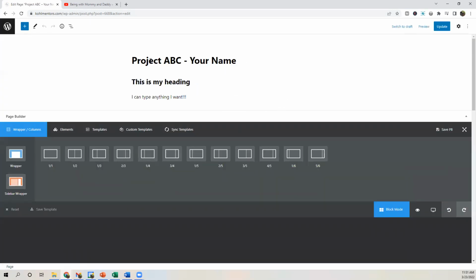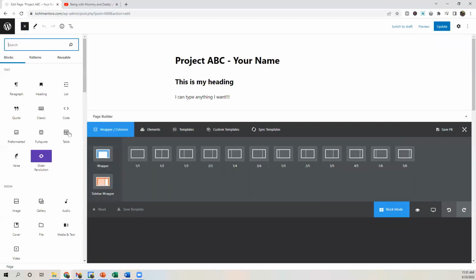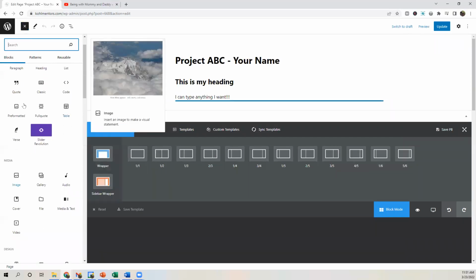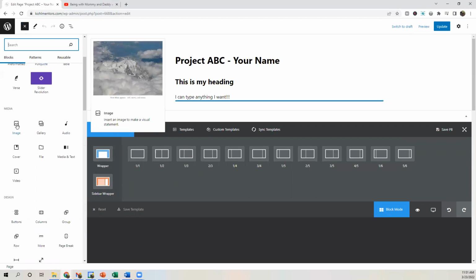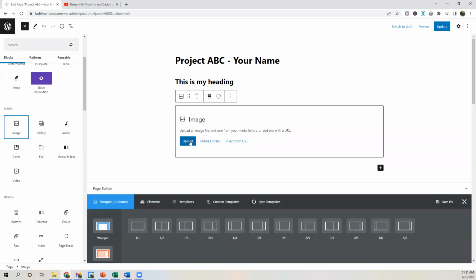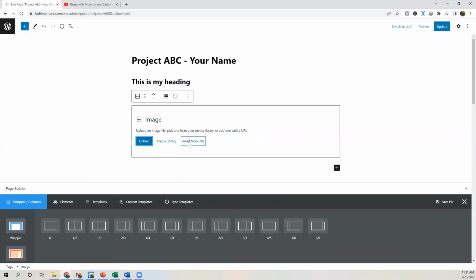So in addition to text, you could also add images. So if I scroll down under media, I hit image. I could upload an image from my computer. The media library, those are images that are already in WordPress or already on our website, or I can insert from the URL. So the best thing to do is to upload from your computer if you have it. So I'm gonna hit upload,